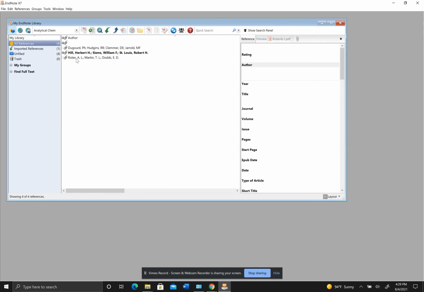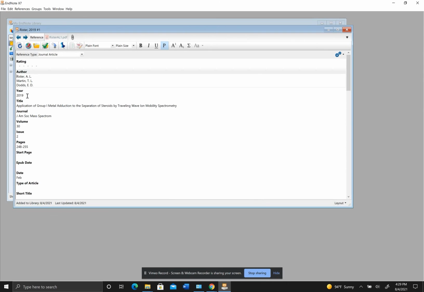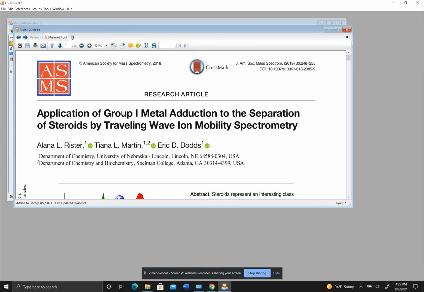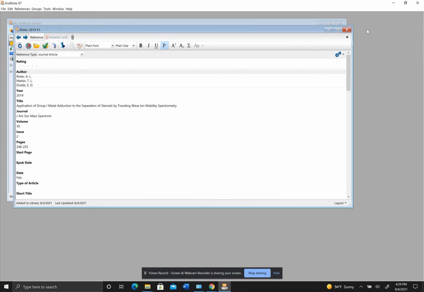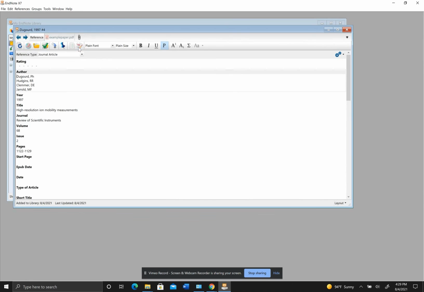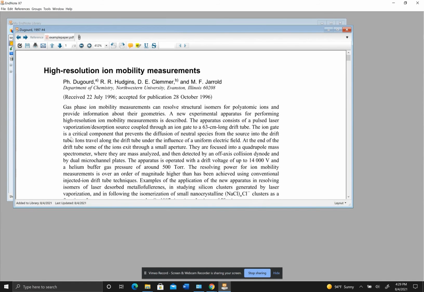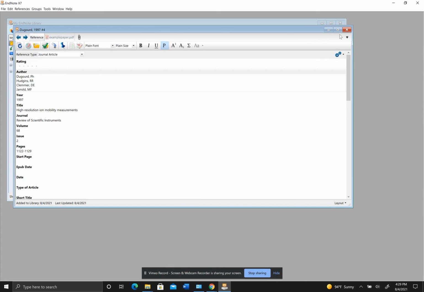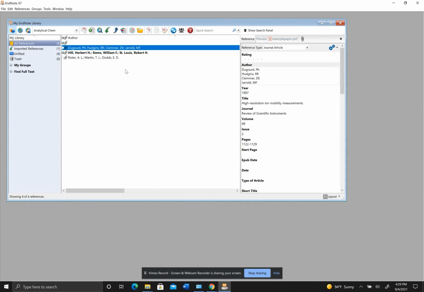So if we go in here, this was the original one we were able to bring in because it's 2019. It had all that metadata available for us. So once we brought in the PDF, it automatically brought in all that metadata. And in this case, because it was an older paper that didn't have the metadata available, we had to bring it in through Google Scholar and then go and attach our PDF afterwards. Either way that you need to do it, you can get it done fairly quickly without manually typing anything. Add in all the information you need into EndNote to cite those papers.